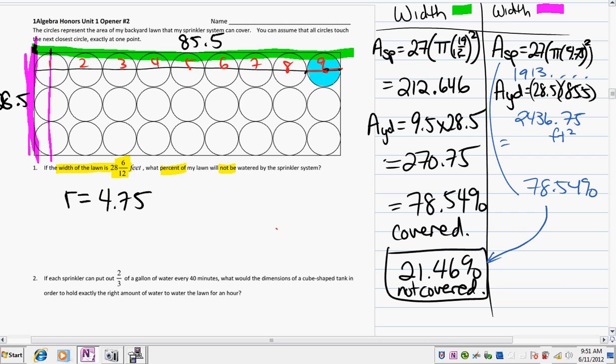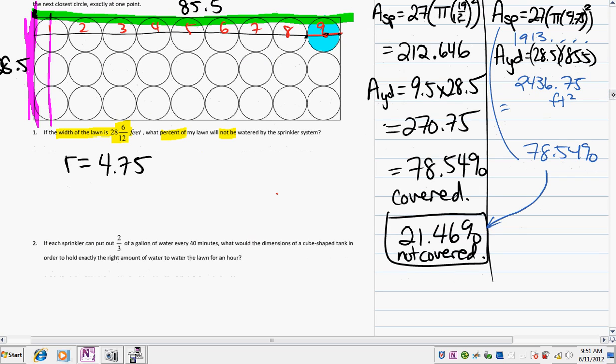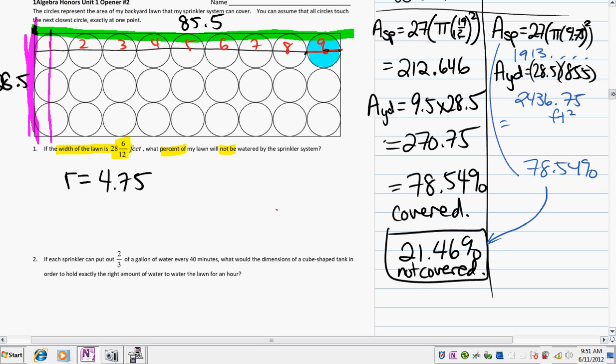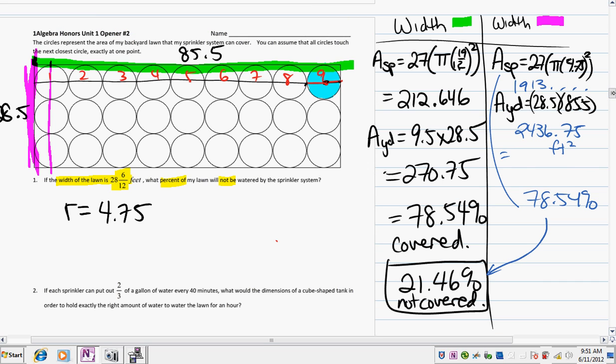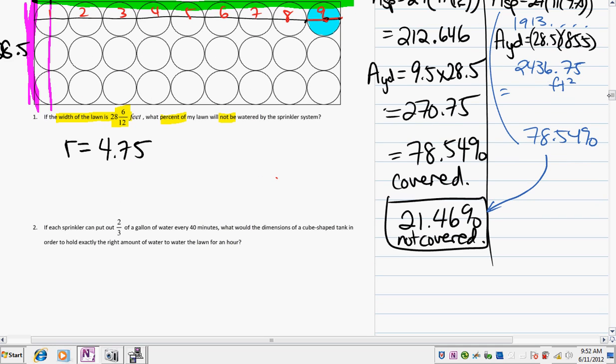To the last question: if each sprinkler puts out 2/3 of a gallon of water every 40 minutes, what would the dimension of a cube-shaped tank be in order to hold the exact right amount of water to water for an hour? So we need to be able to cover the whole yard. There's a lot of presumptions in this question, and I would ask a lot of clarifying questions. Some of the things about math isn't just doing the problem. It's trying to figure out, well, what do you still need to know in order to do it? So one of the questions I would think about is, is it the whole yard